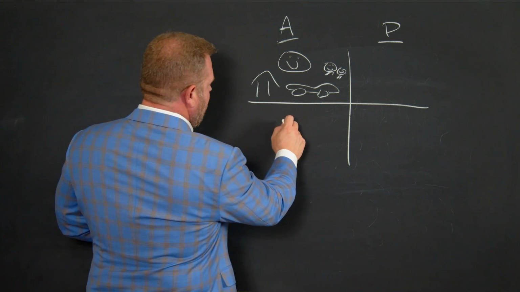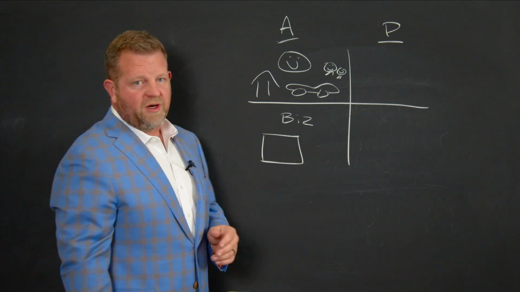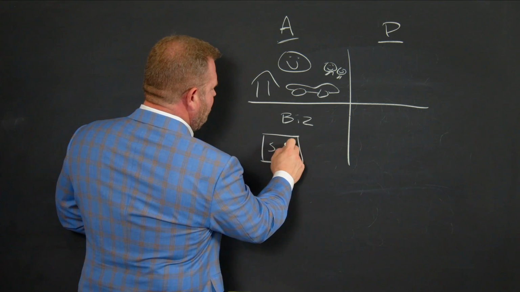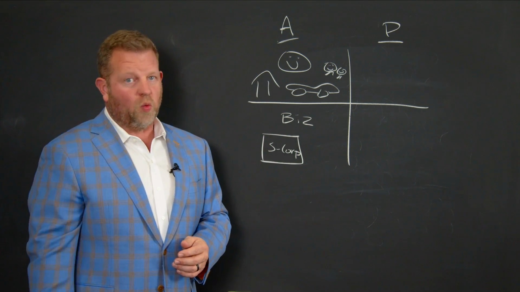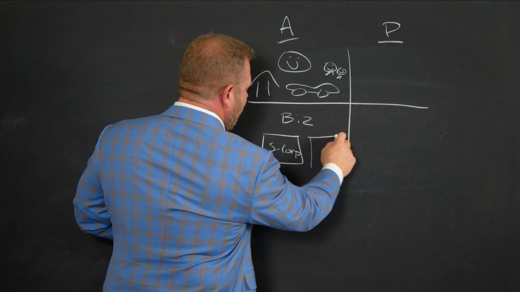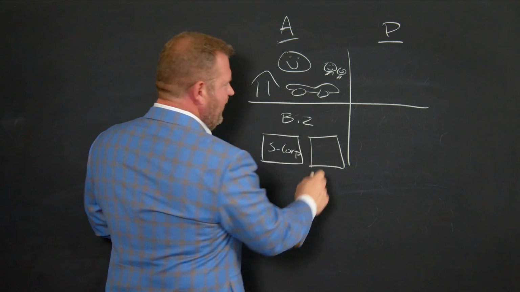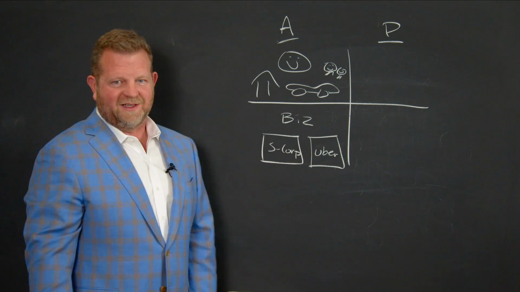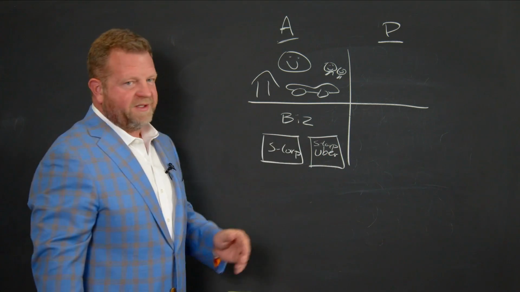Number two, this is the business realm. This is where you have your active businesses, and we're generally going to isolate those using LLCs or corporations. Let's say you have an S-Corp business that's doing its thing, ABC Inc., selling widgets. We're just going to use that as an example. This is your active business. Your spouse may have another business over there. Let's say they're doing Uber driving, so they're driving people. They have an Uber business, and maybe that's also an S-Corp. You're going to want something around that. So we have a couple of businesses.